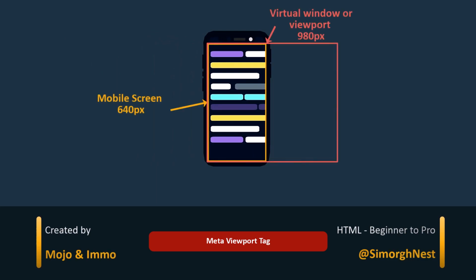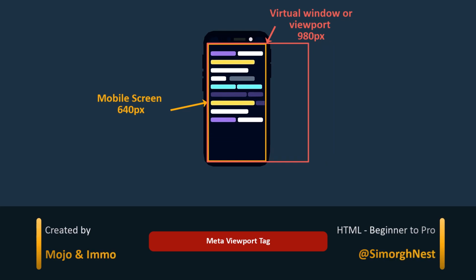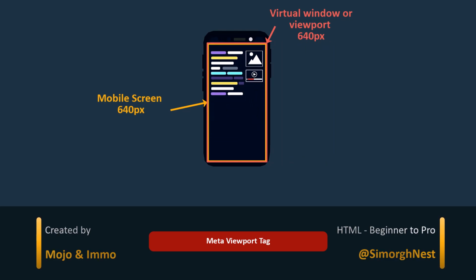For instance, if a mobile screen is 640 pixels wide, a page might be rendered in a virtual viewport of 980 pixels, and then scaled down to fit the 640 pixels space. This is done because not all pages are optimized for mobile, and may break or not look good when displayed in a small viewport width. The virtual viewport is used to improve the appearance of non-mobile optimized websites on narrow screens. However, this method is not suitable for pages that are already optimized for narrow screens using media queries.